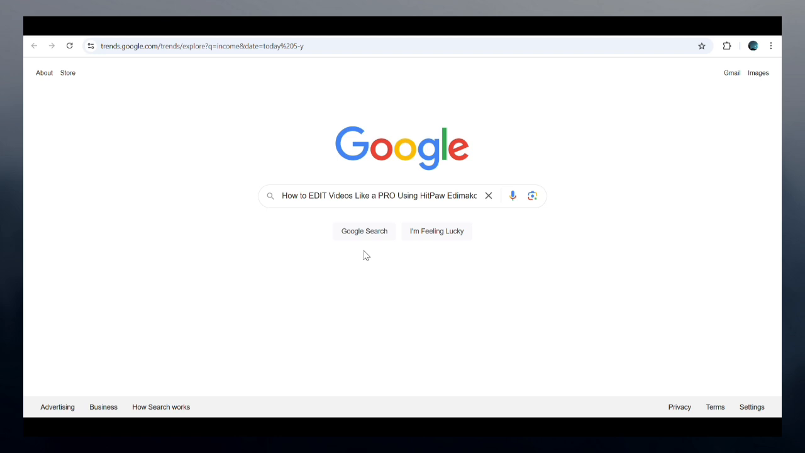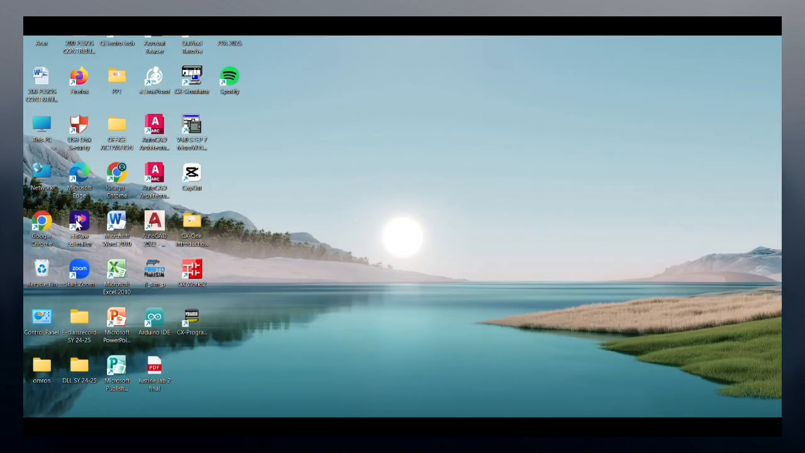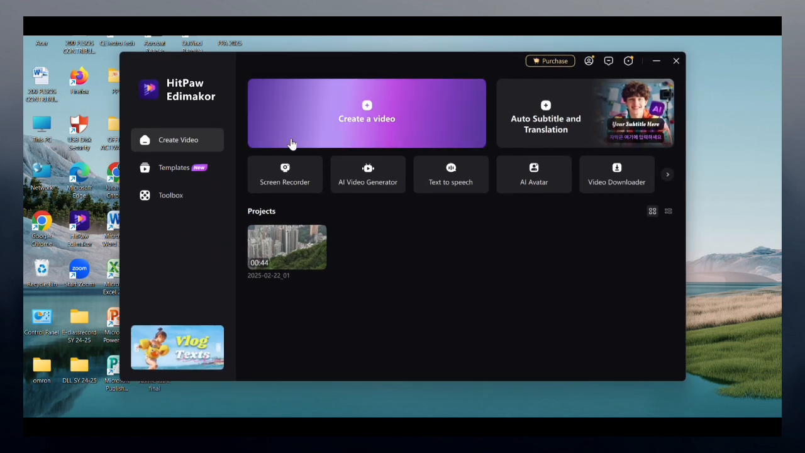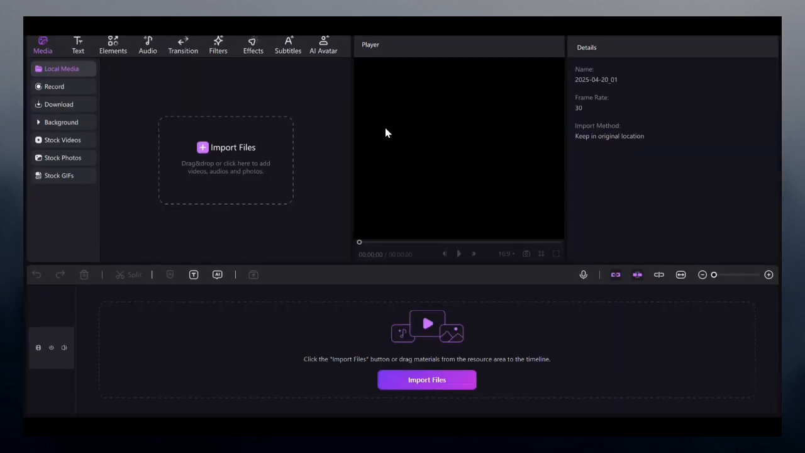First things first, you need to head over to the official HitPaw website and download the Edimakor. It's available on both Windows and Mac, and once installed, open the app and you'll land on the home screen. Then here, click the new project, and here you can set the desired resolution, and click the import button at